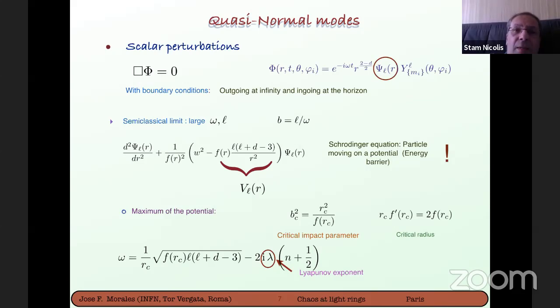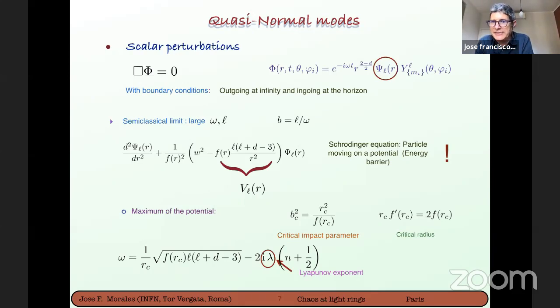This type of geodesic has been studied by Joseph Ben and collaborators. Sorry, there is a question? May I ask you a question at this point? Yes, please. Because up to now, lambda, the Lyapunov exponent, was assumed to be a positive quantity. But here, in fact, in this expression, there is no obvious reason that will pick lambda positive, which would mean chaotic behavior, from lambda negative, which would mean damped behavior. I see a point. You are saying that in the square root, I could also take the other side. This is a good point.